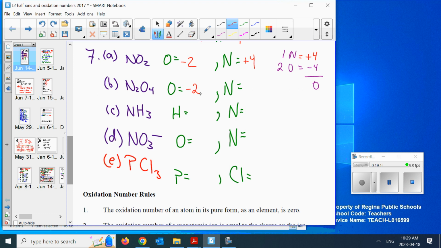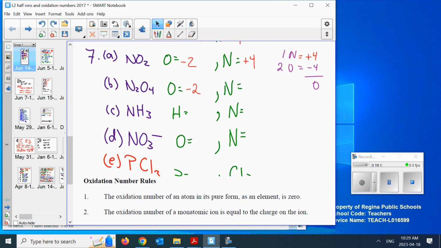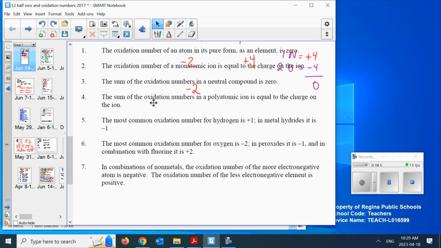By the way, what is Rule 7? I said I'm using it here, and I didn't even talk about it. In combinations of non-metals, the oxidation number of the more electronegative atom is negative. The oxidation number of the less electronegative element is positive. Now, I should talk for a second here, because electronegativity, we haven't talked explicitly about that in 30 yet. We will, but